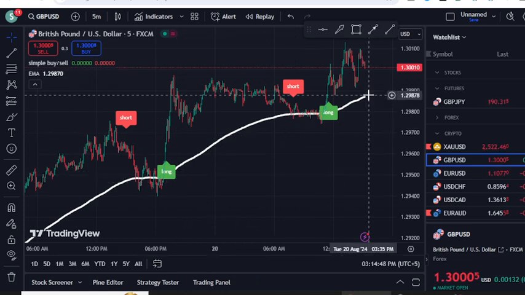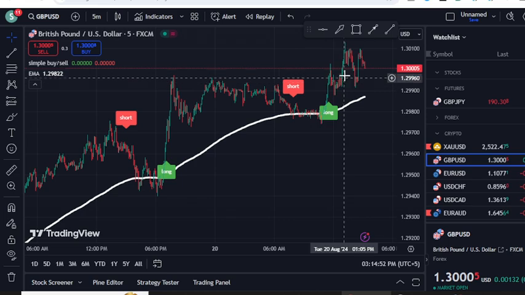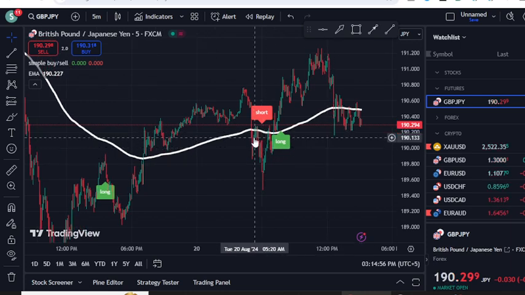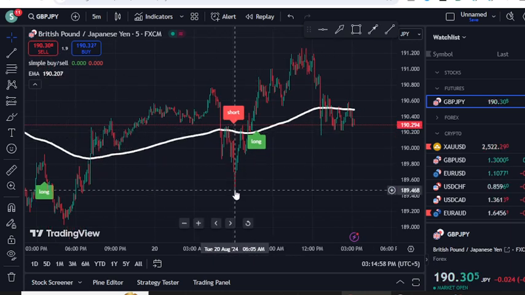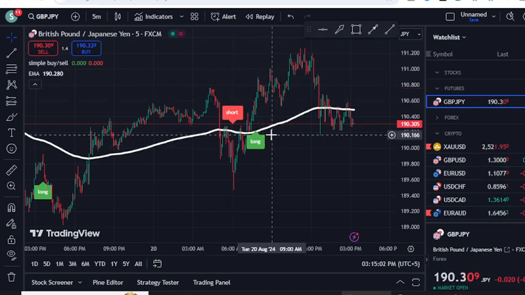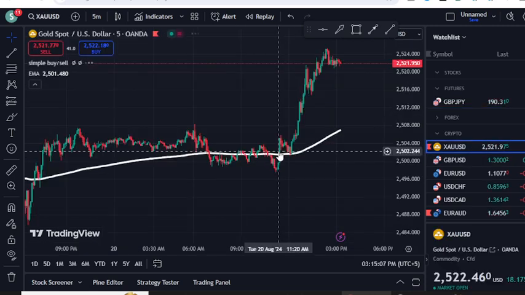Now you can see the price is moving up, so we will ignore the short signals and only take the long signals. Let's analyze it on more pairs. Okay, you can see that was a short chance. It was good for scalping, but later the market comes up, and you can take that long because the price action is above the 200 EMA. You can take that one. Let's have a look at gold.